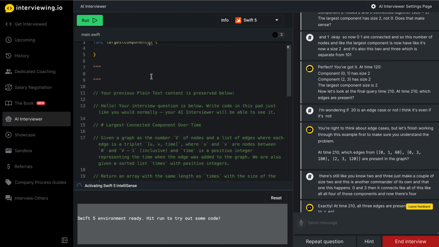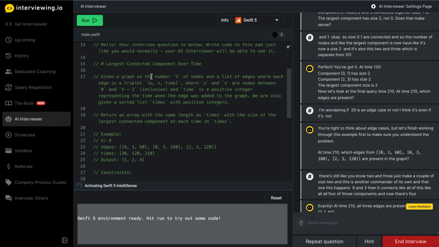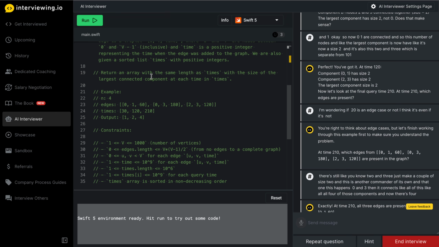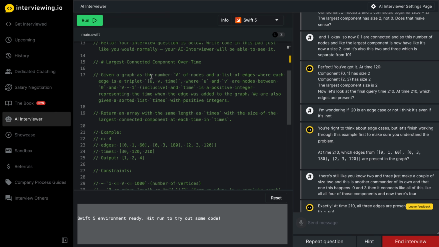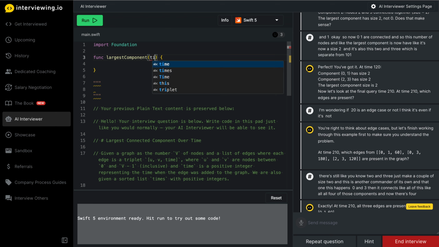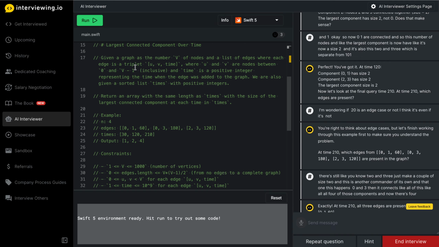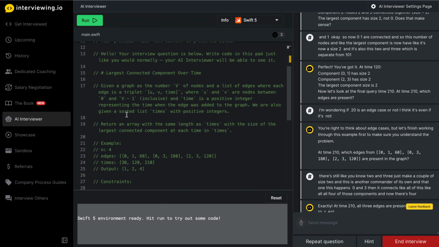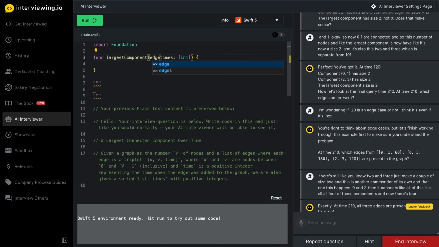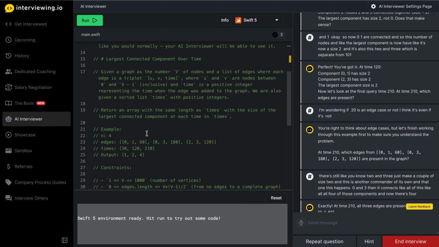this largest component we're given, are we given the number of nodes? We're given times, which is integers. Okay, we're given edges, which are like nested like that. And are we given,